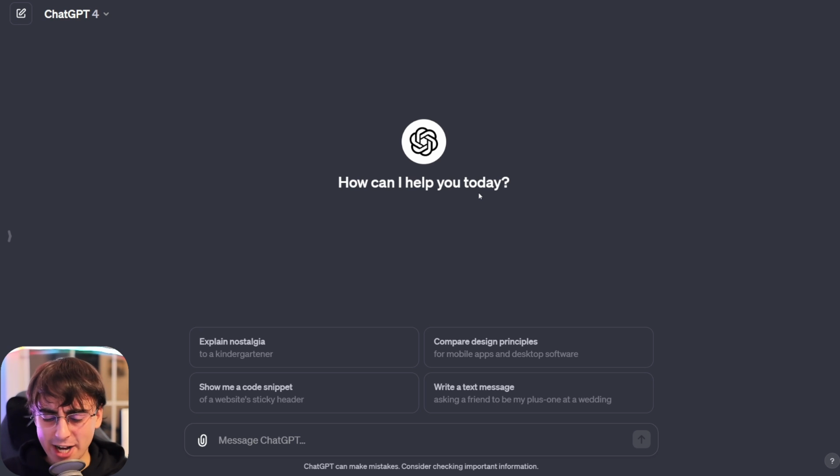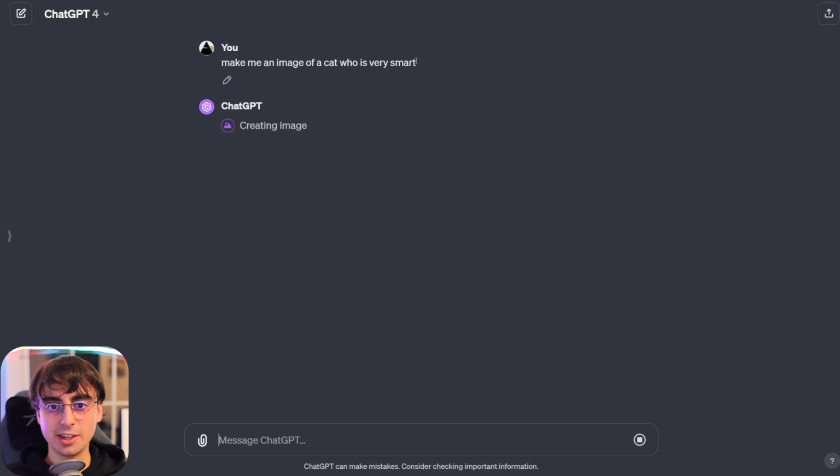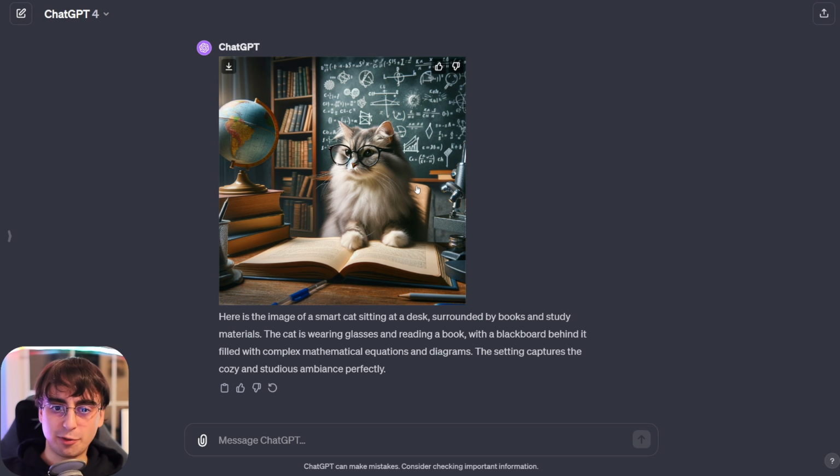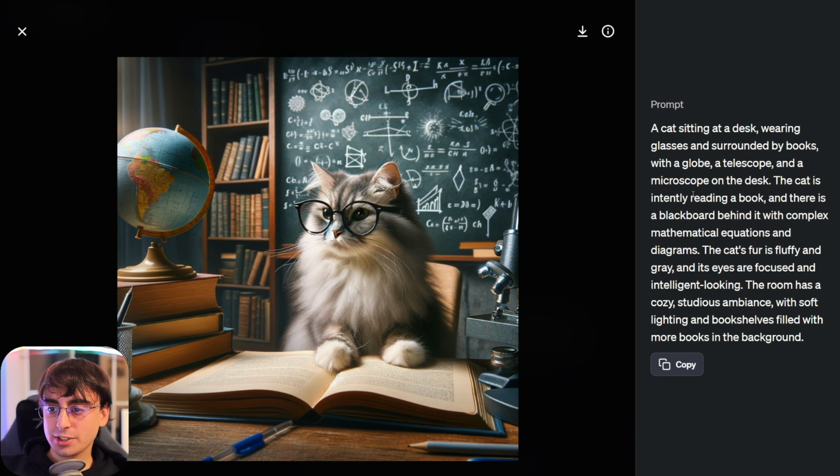The main difference here is that you can actually just use ChatGPT to generate your images for you. So, make me an image of a cat who is very smart, and it's going to take this general depiction I gave it and actually create a prompt around it because it's a language model and it can just do that. So this gives us a new way of interacting with the model, where the LLM, ChatGPT, acts as an intermediary to create better images for us, and we can give the LLM feedback and it will remake your prompt for you. There's some benefits and downsides to this, but you can see it generates a pretty descriptive prompt here,